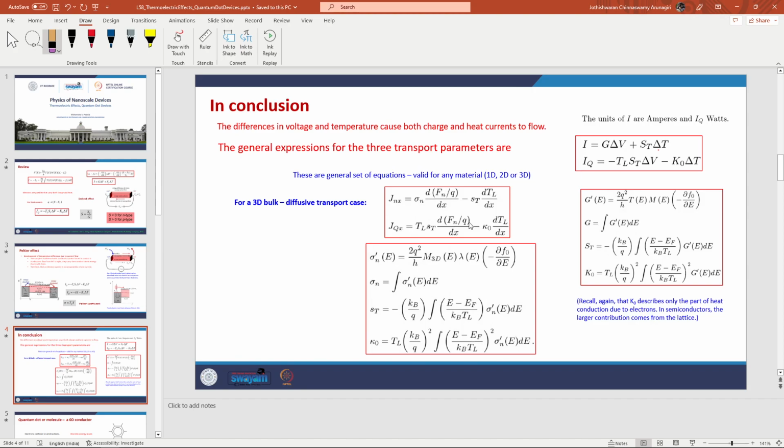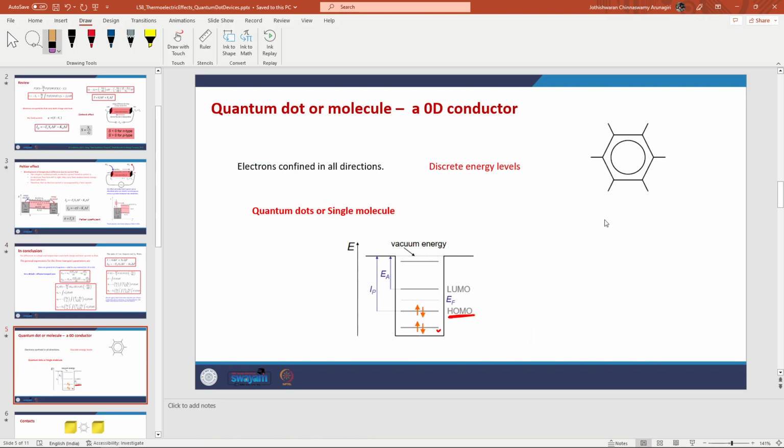So these are the general expressions for diffusive transport for heat current and charge current. So again, substituting, we can get all these integrals. Insofar as I remember, these are here for your information and for your further knowledge. You most likely will not be tested on these topics, so I'm just leaving it as it is here. So, yeah, moving on. Now we come to the last section of today's discussion and the last topic to be covered